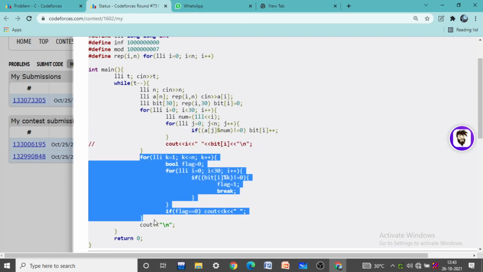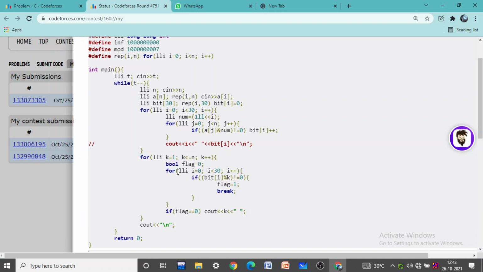Now the possible values of k are from 1 till n, and we will see for each column if the total count of set bits is divisible by k, right? If it is not divisible by k, then we will make the flag value 1 and break, because for each column the count of set bits has to be divisible by k in order to make all of the elements 0.